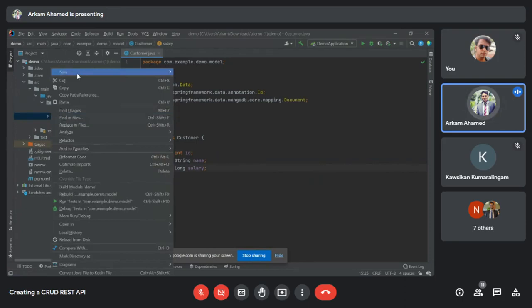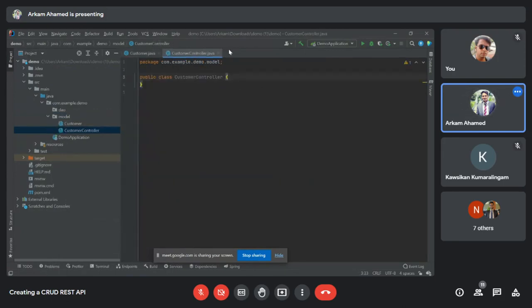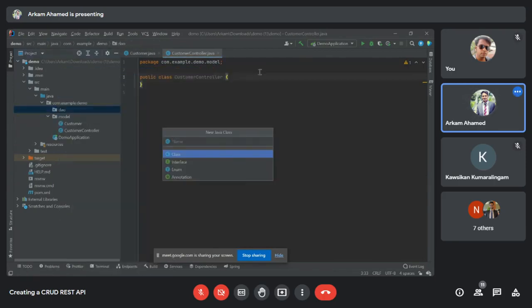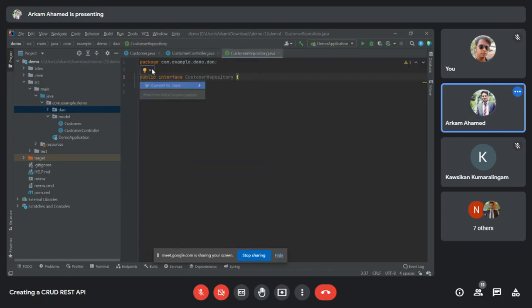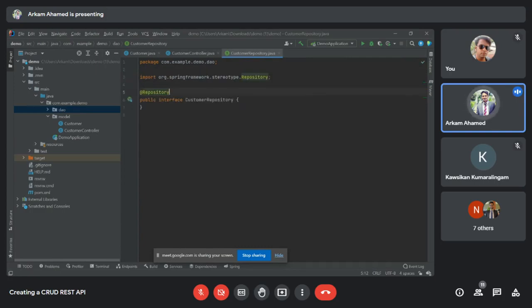And then I have to create another class for managing the controllers. Coming to this, I go to the DAO and create the interface for repository. We will have to annotate this with Repository annotation, which indicates that the annotated class is a repository and can be used to retrieve and work with the database.